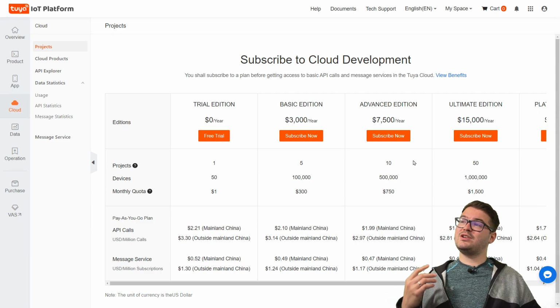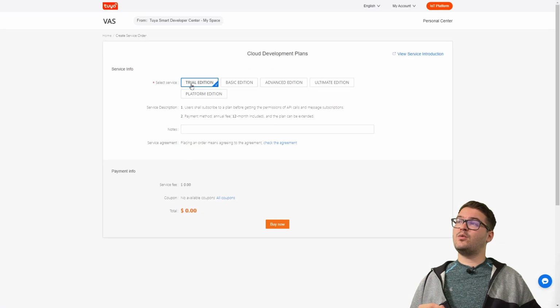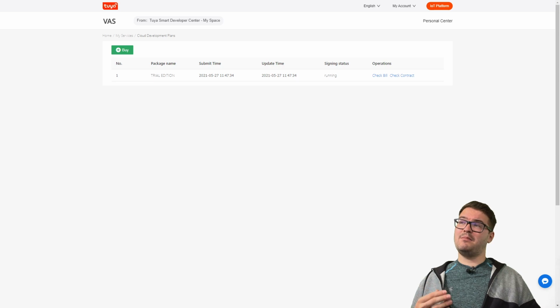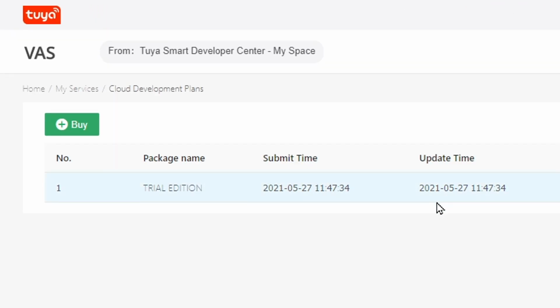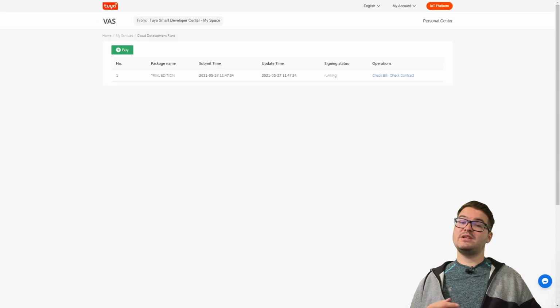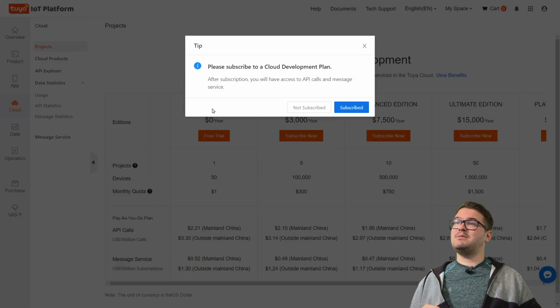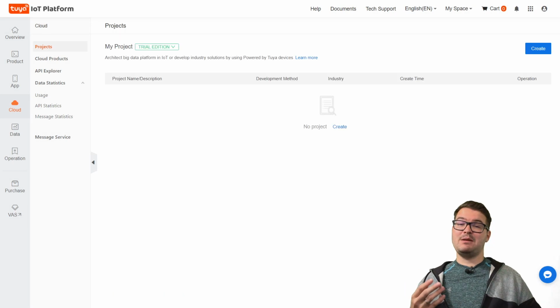So moving on, we're going to just click on this free trial in the trial edition section. And from here, we're going to want to make sure that trial edition is selected, and we're just going to click buy now. That should then take us through to the cloud development plans, and we should see the trial package that we just chose. This will have opened in another tab, so we can just now close this tab and head back to the IoT platform. We're then just going to press on the subscribe button here,